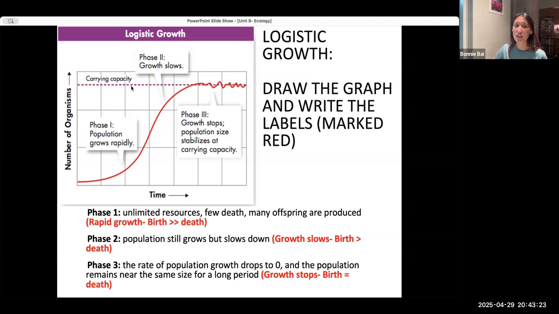So it reaches something called carrying capacity. Essentially, what is the population size that this particular environment can carry? When you think about population growth, you also want to think about birth versus death, because organisms don't just live and reproduce. Organisms also die, right? So if birth is higher than death, you have fast growth. If birth and death are relatively equal, then the population is not growing, and that is fine. It's natural. Okay, so that is your logistic growth.